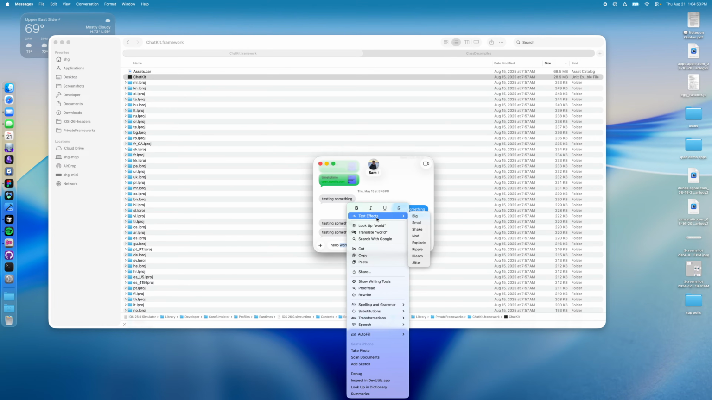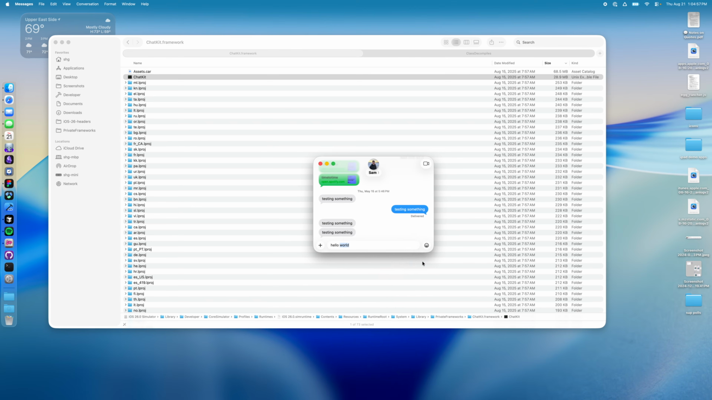You can go into text effects, and you can pick jitter. And it appears in here. Hello world, and I'm texting myself, so it'll just appear backwards. And it appears there. So I was kind of wondering